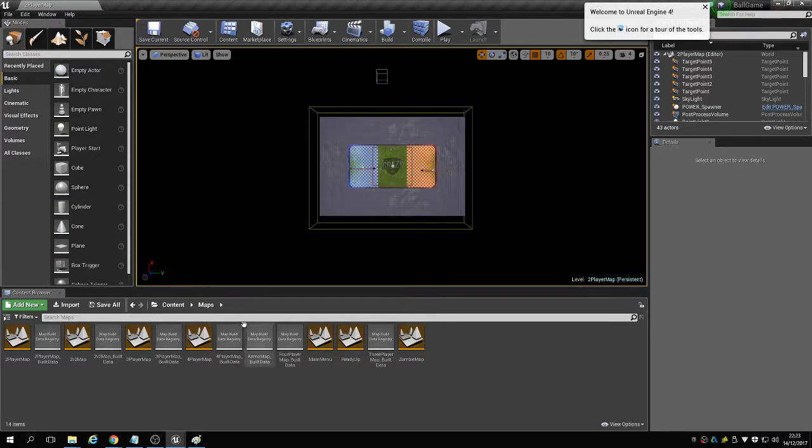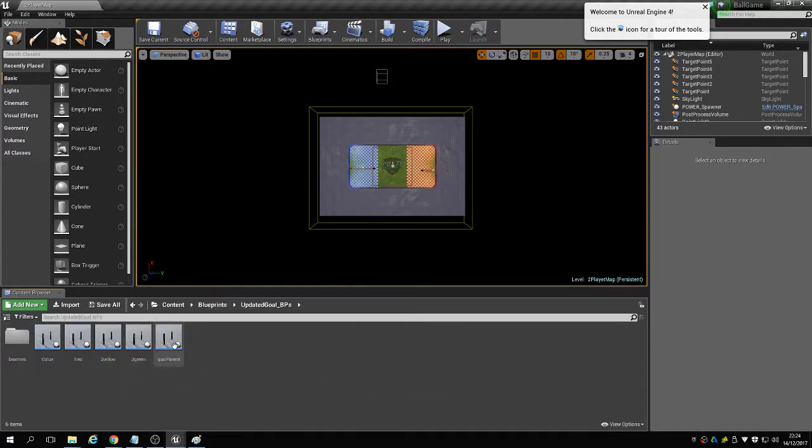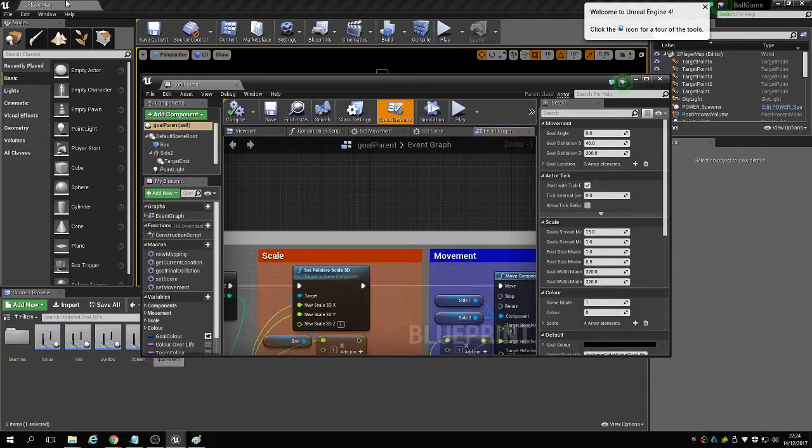So the main few things I built in this ball game are the goal movement, the camera movement, and the win conditions. So we'll go into the goal at the start. I believe this will be under blueprints, and updated goal BPs. That sounds good. So for starters, I built all of these with a single parent goal, and so